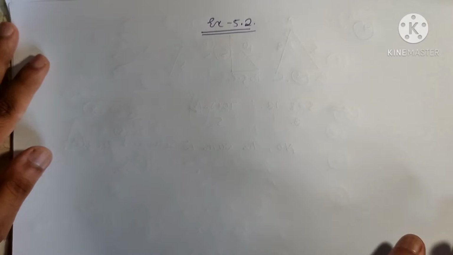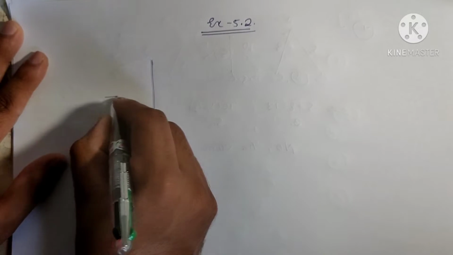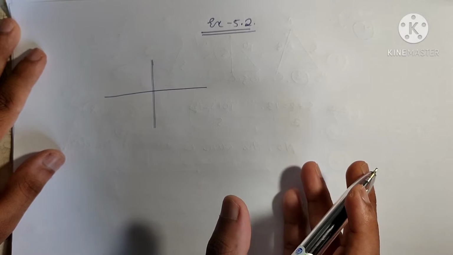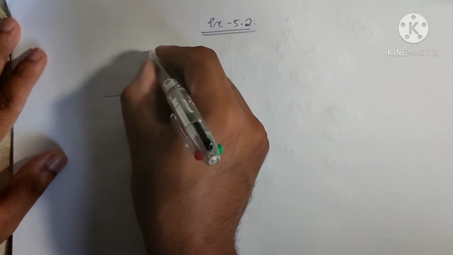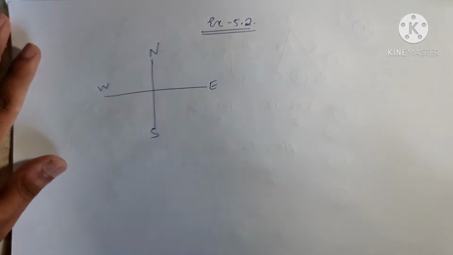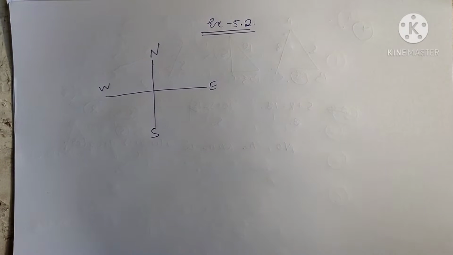We all know how many directions there are, isn't it? Basically, we have around 8 directions, but we basically consider 4 directions. What are they? North, south, east, and west. Okay, we all know this one, isn't it? So here what we have to know is that